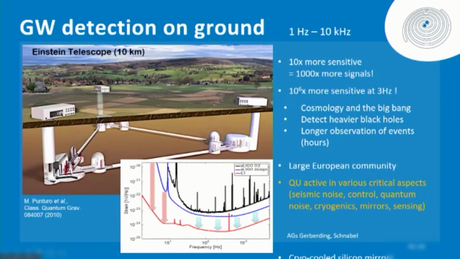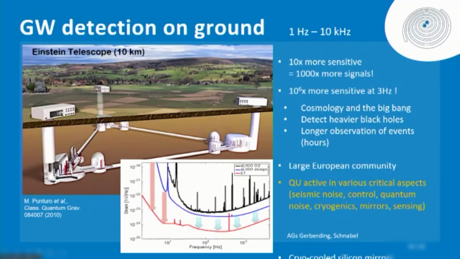This is the limit I wanted to show you. Strain, we are at the 10 to the minus 23 almost. This was the number I showed you before. We are reaching the design level of LIGO. And for the future, we want to go even lower than that. Europe has committed to a project of building a 10-kilometer long telescope, the Einstein Telescope, increasing the length, so the L, and increasing the precision. Why do you want to do that?